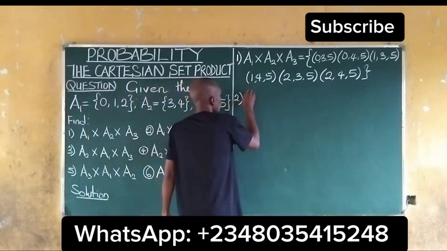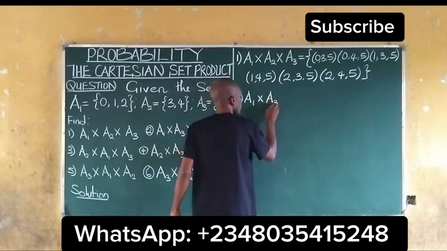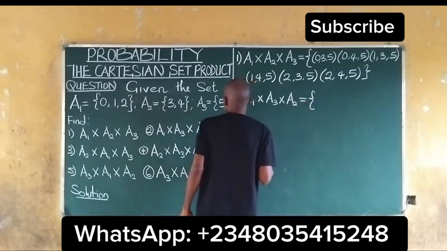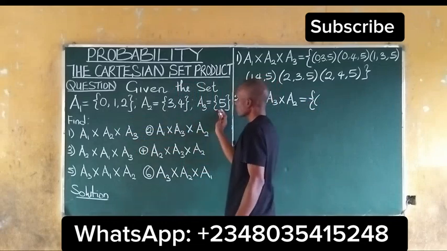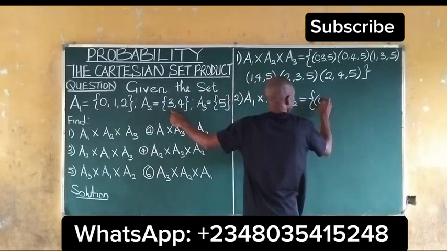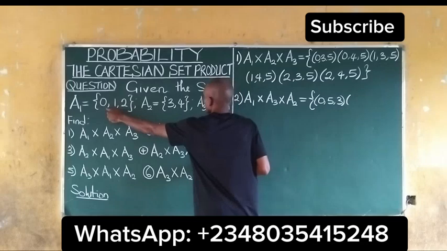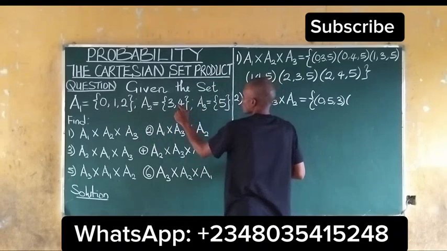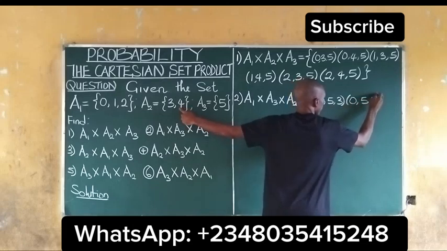So A1 comes first, then A3, then A2. We have (0, 5, 3), (0, 5, 4),